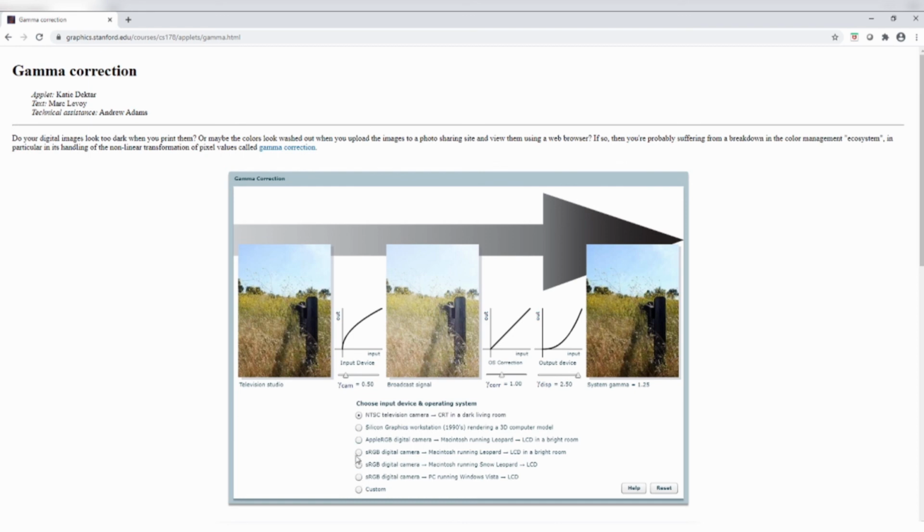Similarly, a lot of options you can play with. Something which is happening on the PC: the raw file, the JPEG image, looks like this, and Windows will do some correction like this so that the image looks exactly the same. So coming back to our lecture, where is gamma correction used? Gamma correction is used a lot in these displays. It is happening at the back end, and you may not even be noticing it. It's so fun to play with, so please visit this website and play with it, and you will see a lot of things.